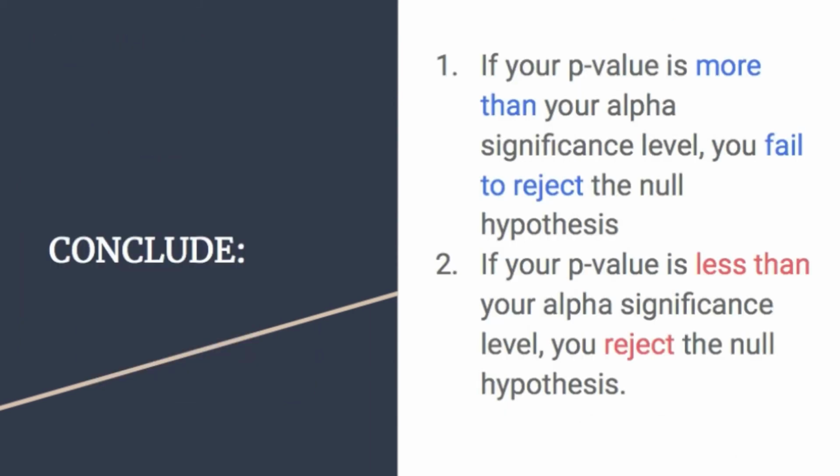Either reject or fail to reject the null hypothesis and make sure to answer the question at hand using context. If your p-value is less than your significance level, perhaps alpha equals 0.05, reject the null. If your p-value is greater than the alpha, fail to reject the null. Never say that you accept the alternative hypothesis when we are conducting these significance tests. You simply say, we have convincing evidence, or we do not have convincing evidence that the null in context is